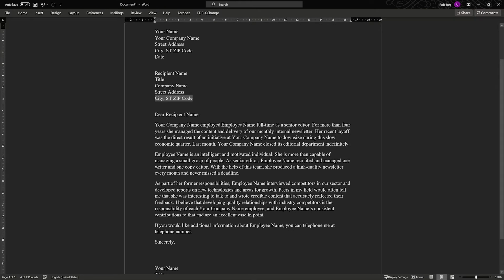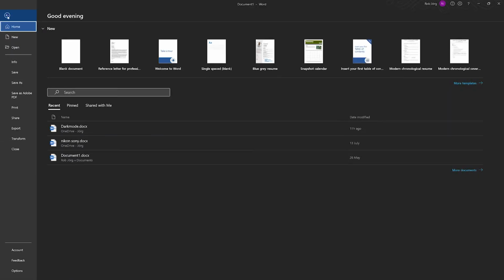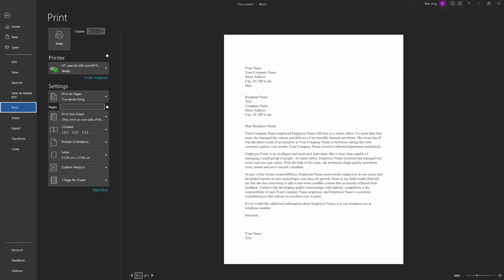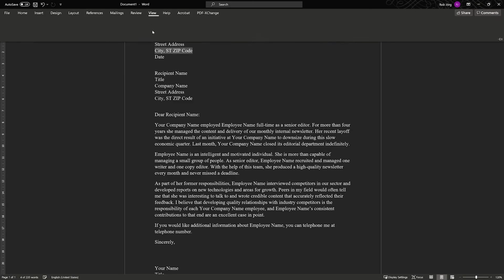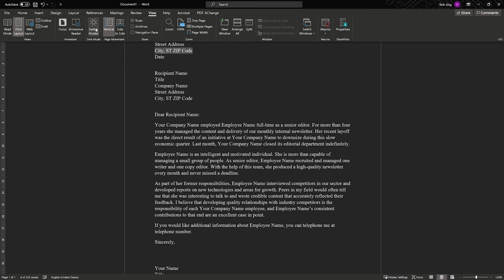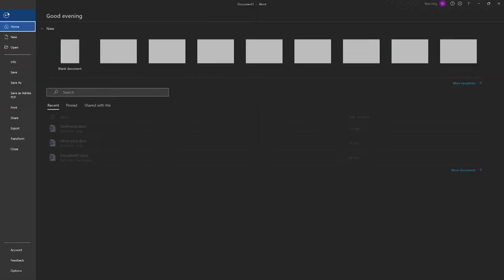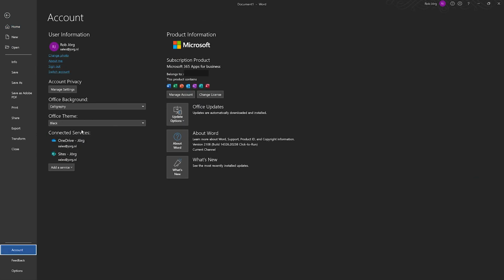white letters on a black background. But don't worry, when you would print this out or save it, it will still look like this, a white paper with black letters. So don't worry about it. It's just for the way you view the document. This switching mode is only available in the black Office theme.